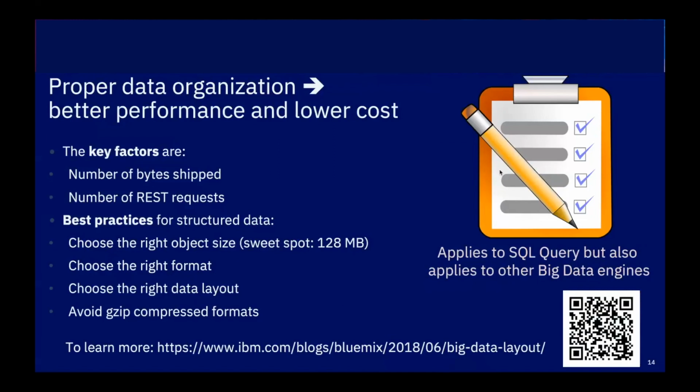There are various best practices, and there's this link here to a whole blog article that we've released that shows you how to lay this out. For instance, you take care about a sweet spot of object size, which turns out to be 128 megabytes. That doesn't mean it gradually gets worse when you just have 100 megabytes, but there are certain points when it falls apart, especially when you have too small objects. You shouldn't have kilobyte-sized objects. So that's something that you should take care of.